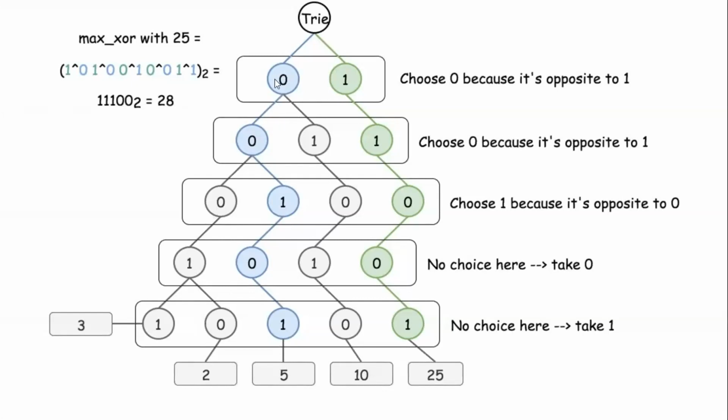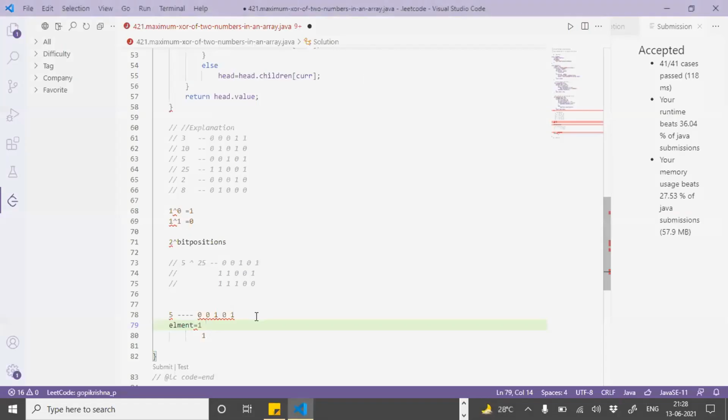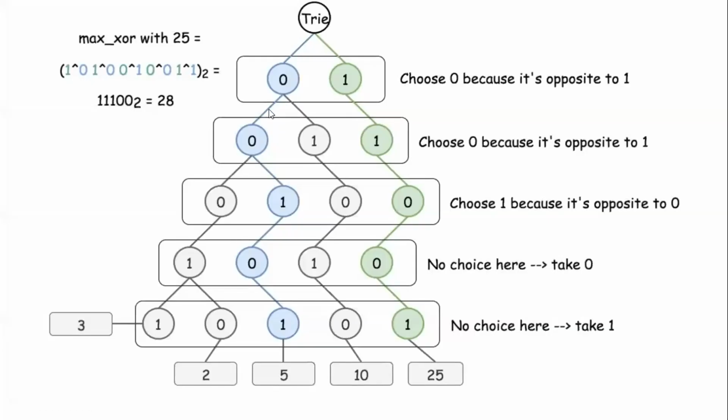When I'm at the initial most significant bit, which is 0, I'll try to negate it and find the element which has 1. In the structure I have 1, so I consider 1, and I don't know the element yet. I'm just finding the element. Then we move on to the next level, which is 0, and we try to negate this 0 and find the element which is basically 1. Now we have 2 possibilities.